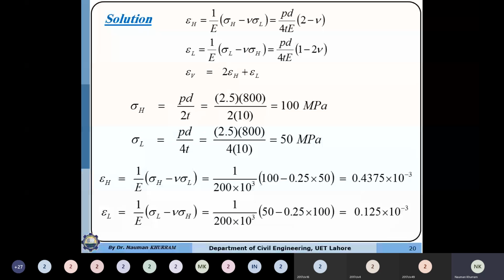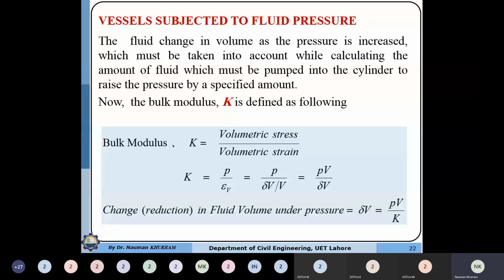Okay, next is the vessel subjected to fluid pressure. This is very important. In the first case, we determined what types of internal stresses are produced in the shell walls. Three types of stresses are produced: radial, which we ignore in a thin shell, and the other two, longitudinal stresses and hoop stresses. We have already derived the expressions and we know how to determine them. Then we determined how to compute the change in geometric dimensions, that is, when the shell is subjected to pressure, how much is the change in diameter and change in length.